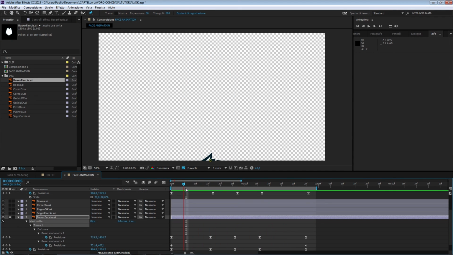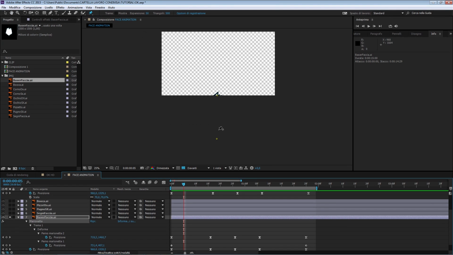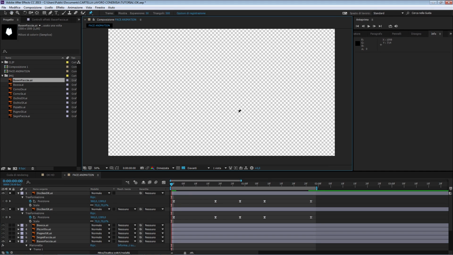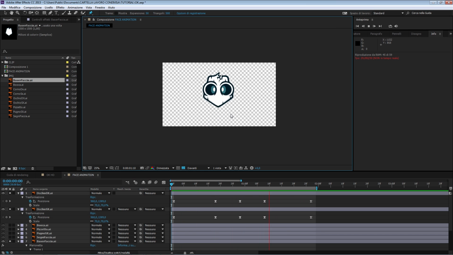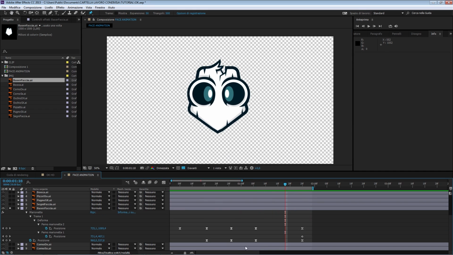Maybe just move this keyframe, which is the point of the puppet tool, the second one here, this one, a little bit further, maybe to 5 frames. And let's move this keyframe a little bit further, 1 frame further. Let's see how it works now. Okay, so